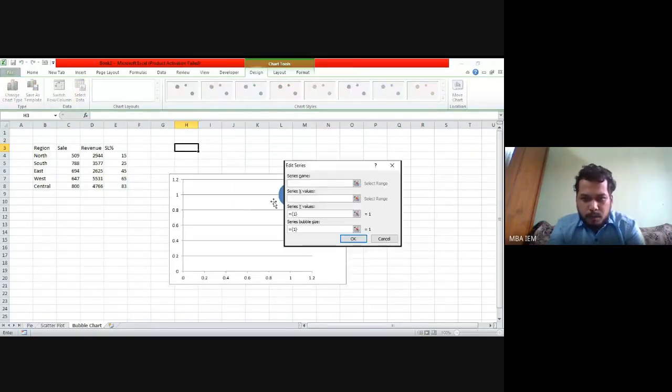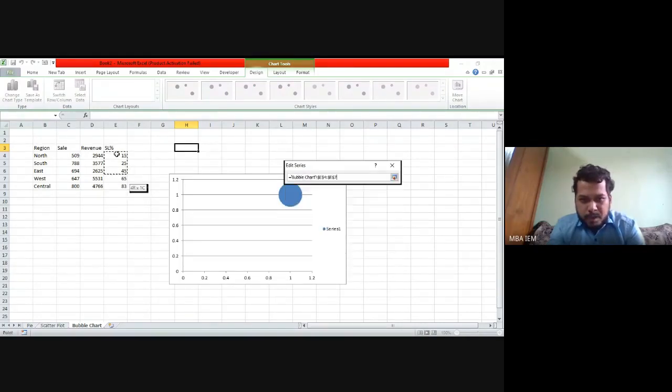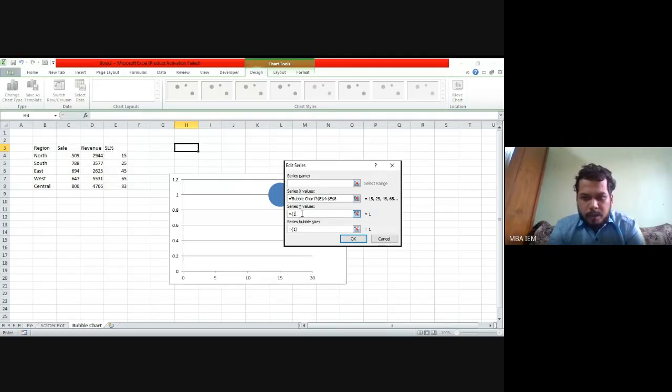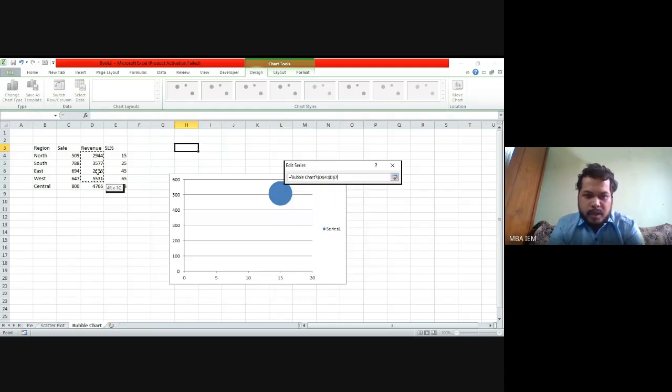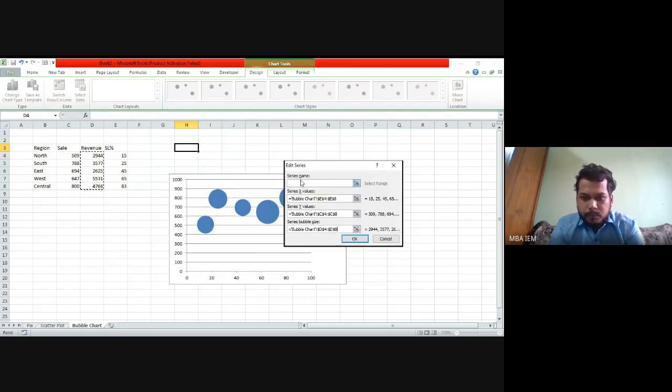Then we'll add in the X, I'll be selecting SL percentage. In Y, I'll be selecting the sales, and in bubble size, that is the magnitude, we'll be selecting revenue, and for name I'm mentioning region.